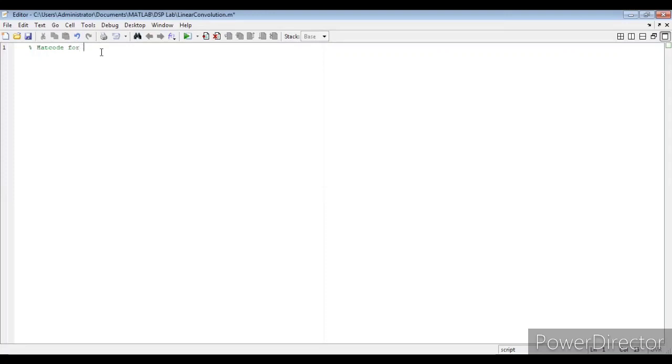MATLAB code for linear convolution. Okay, let's write the formula: y of n equals h of n multiplied with x of n. Okay, this is the formula that we have there.